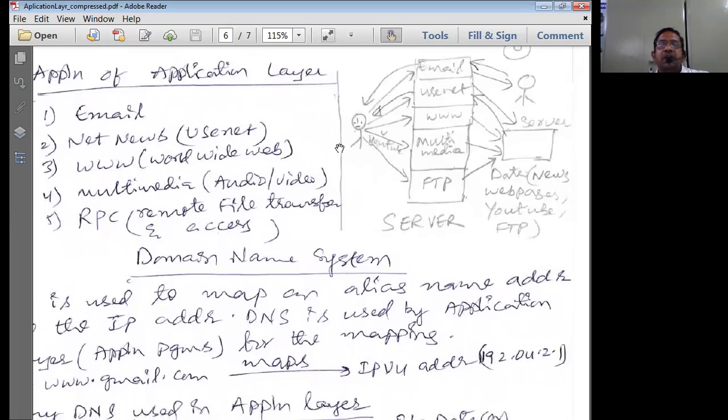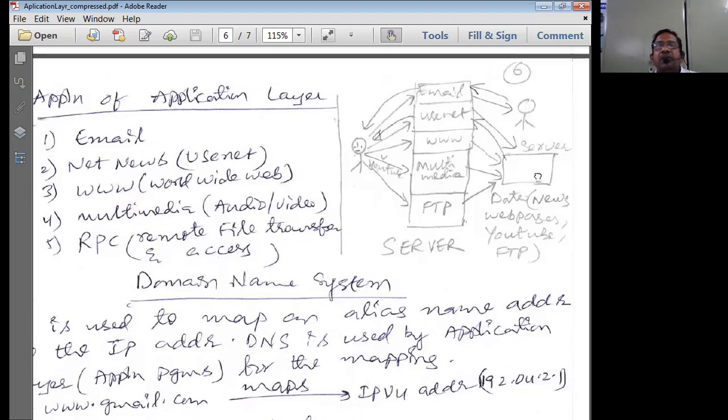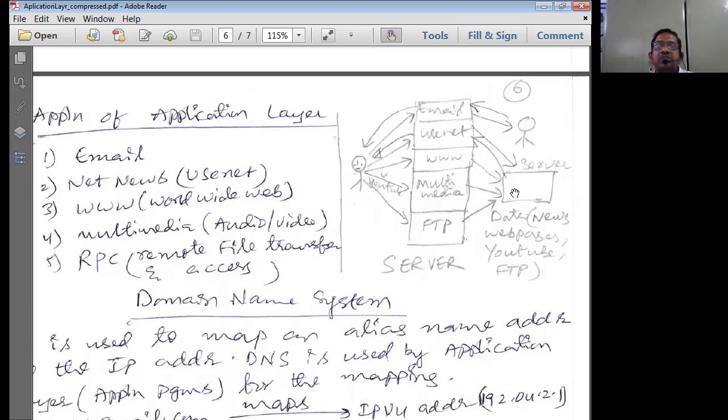That means in a client server technology, there is a client. This client may require services from various types of servers known as FTP server, multimedia server, WWW server, Usenet, email server. And appropriately there is going to be a server, and this server is normally going to give the data to the appropriate clients.